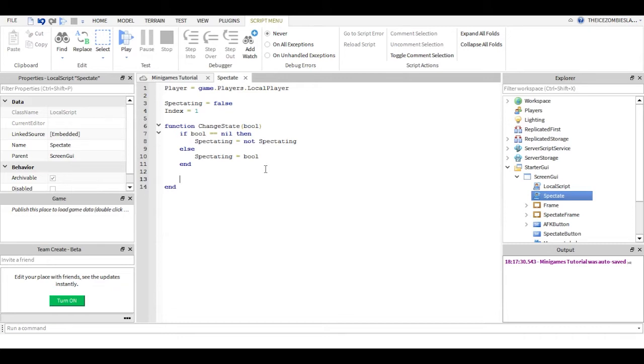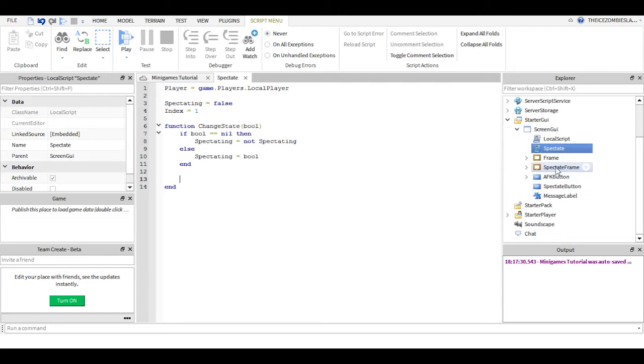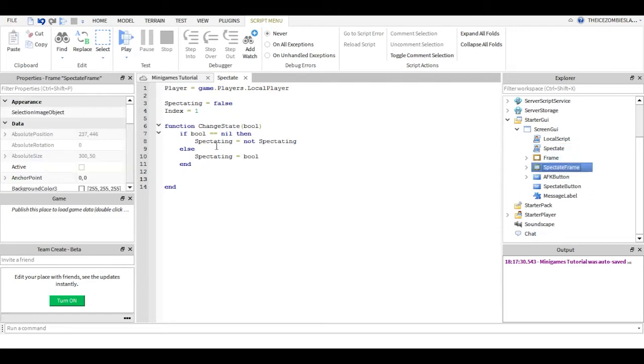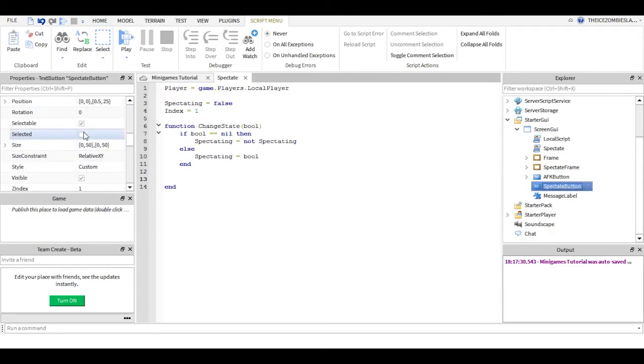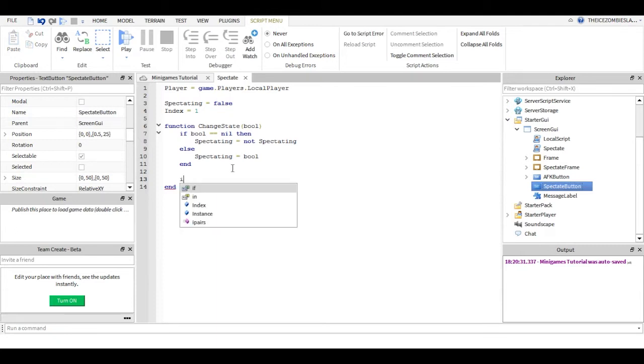Now to get it to update the GUIs, if they are spectating, we want the spectate frame to be visible. If they're not, we want it to be invisible. And if they're spectating, we want the spectate button to say stop spectating. And if they aren't spectating, we want it to say spectate. So if spectating, then